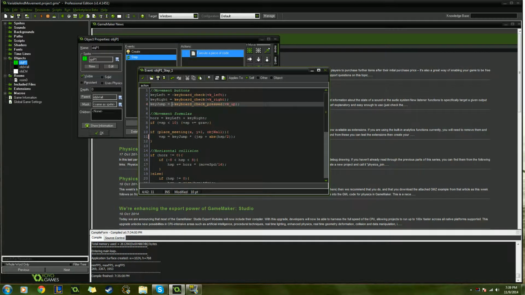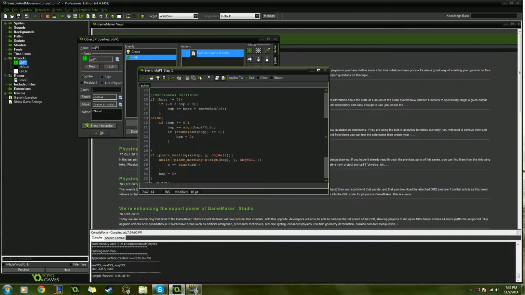And then if we're pressing right, it's +1. So this here, if hors does not equal 0, so if you're pressing left or right, also, I'm putting an if statement inside of an if statement. So if hors does not equal 0, and if hsp is greater than -8 and less than 8,